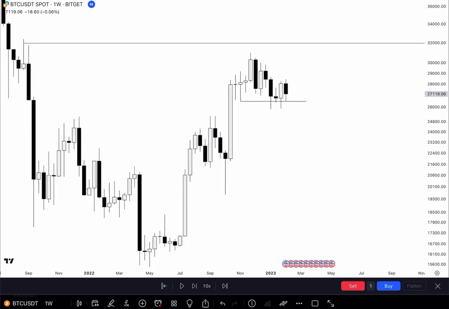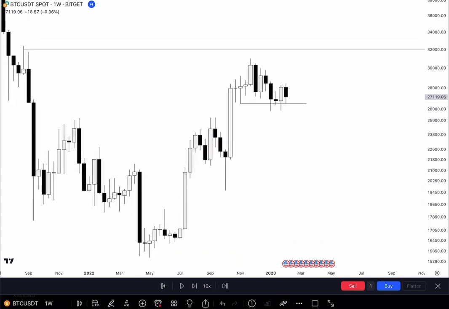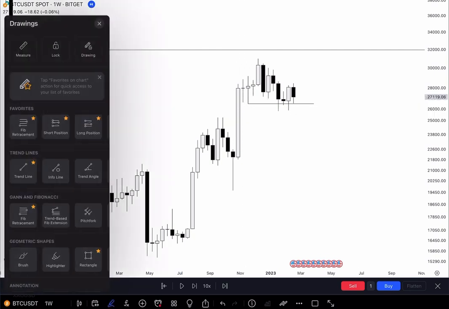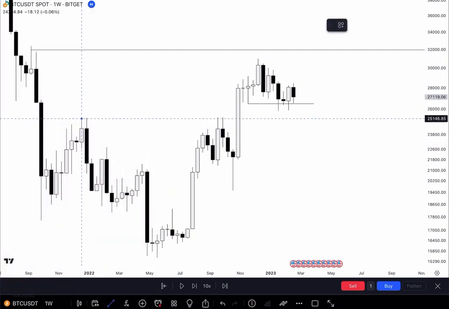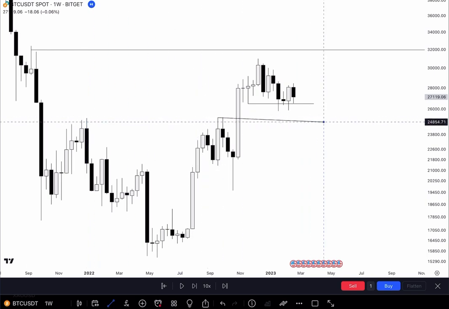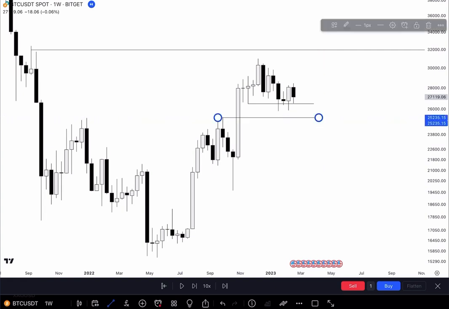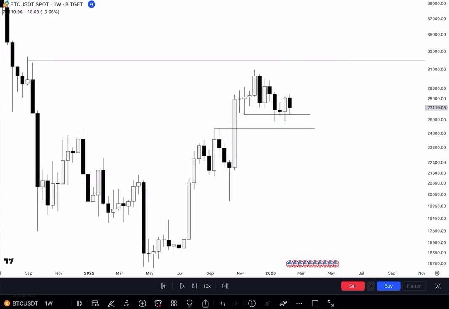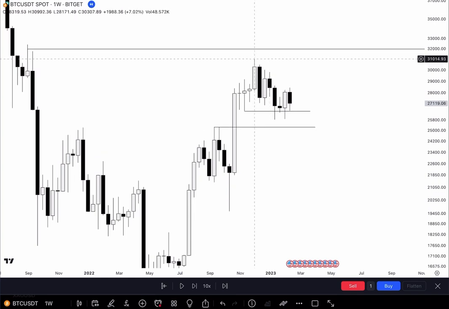So we have this important low. We have this key level, the IFVG. We have the old high as well, a classic SR flip price action. And this is where I called right over here. I'd call for Bitcoin to go to 32,000. First target is over here, and second target is up here.